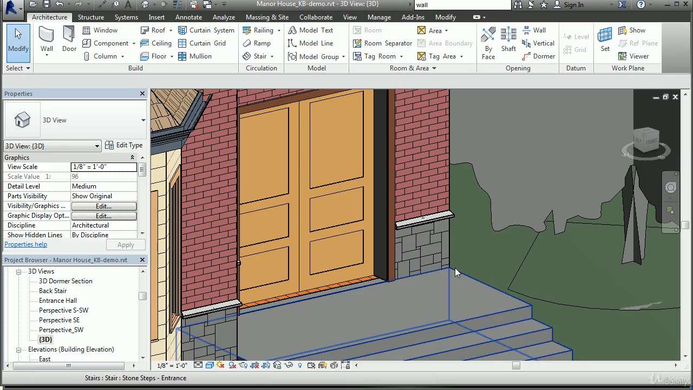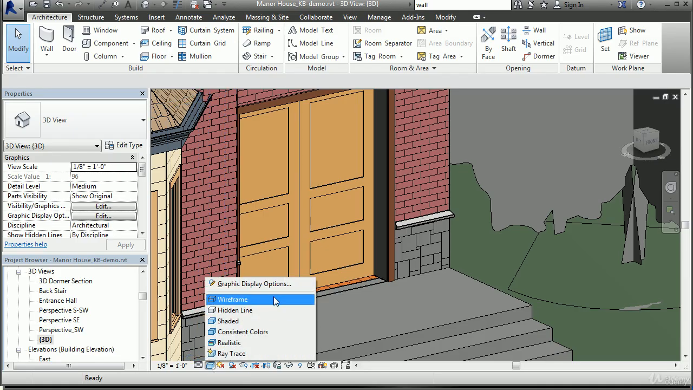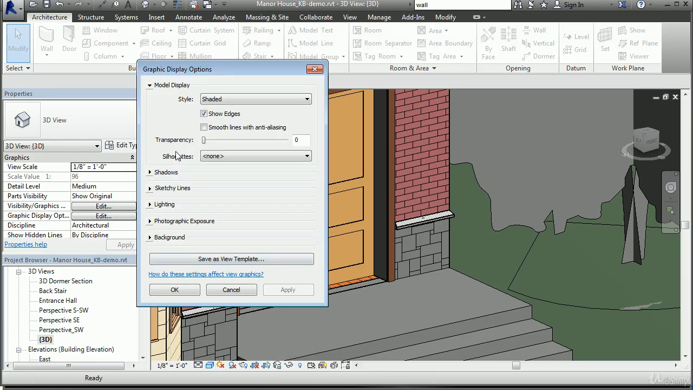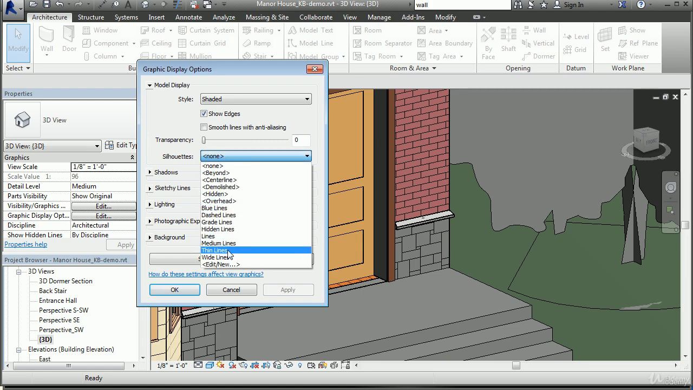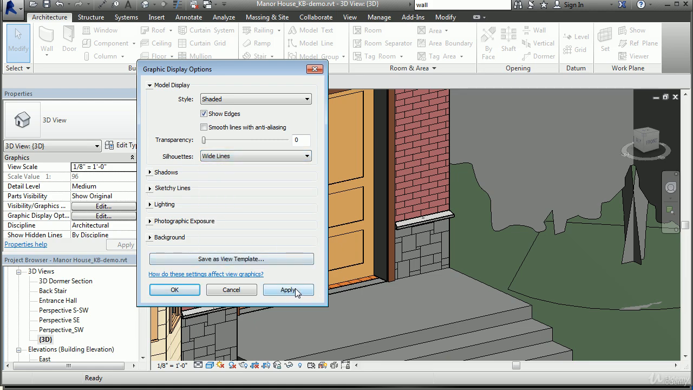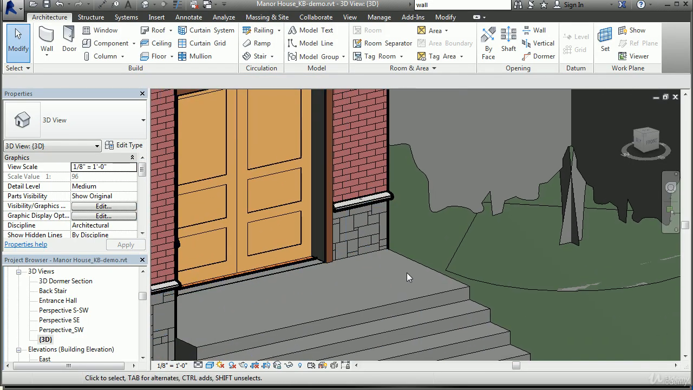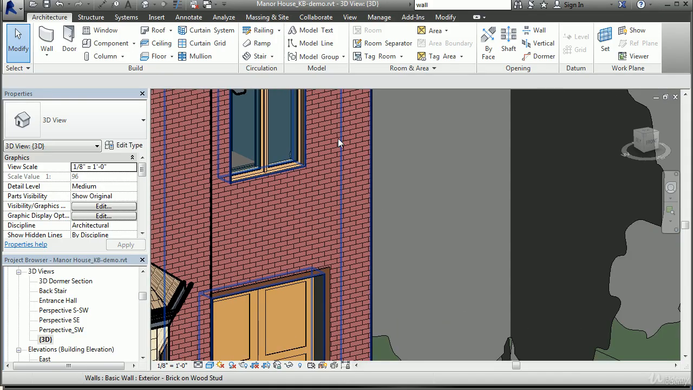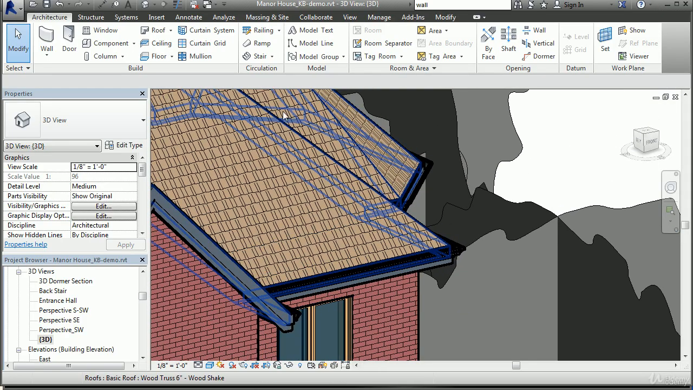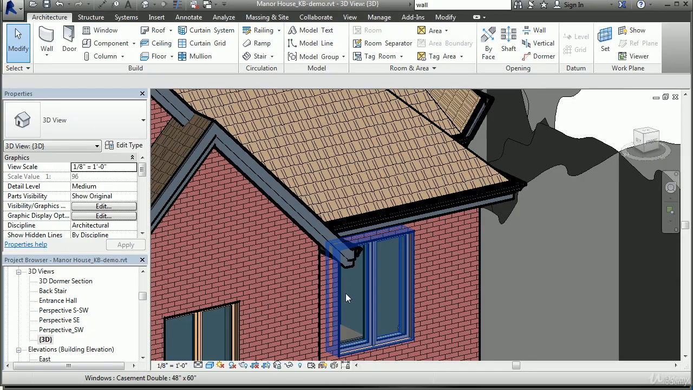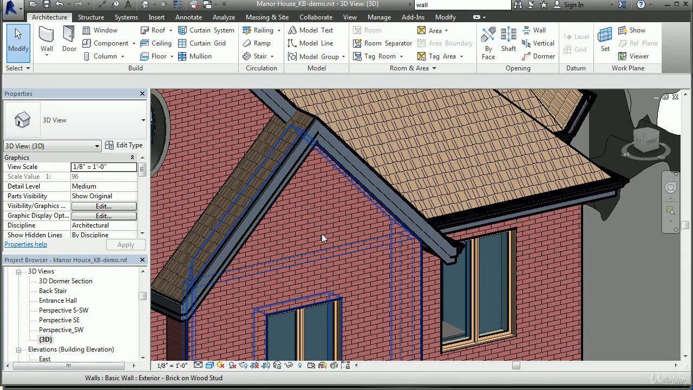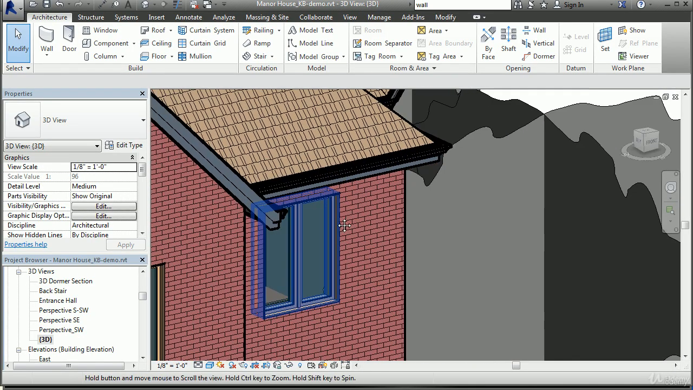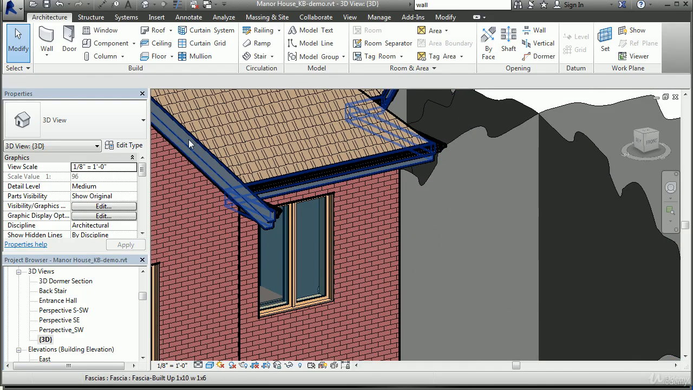That edge, I can make that appear thicker by enabling a silhouette. And if I go back into my graphic display options and I look under my silhouettes and I set my silhouettes to a wide line and then pick apply, now on our wall here, well, I guess we're not seeing it on the step, but on our walls we're seeing that silhouette edge. And if I pull back and I look along the edge of the roof, you're seeing that silhouette edge as well. So silhouettes are just taking the outer perimeter of a shape and drawing it generally with a heavier line,